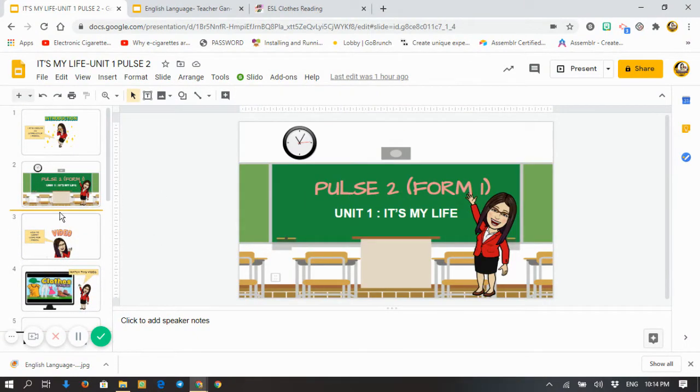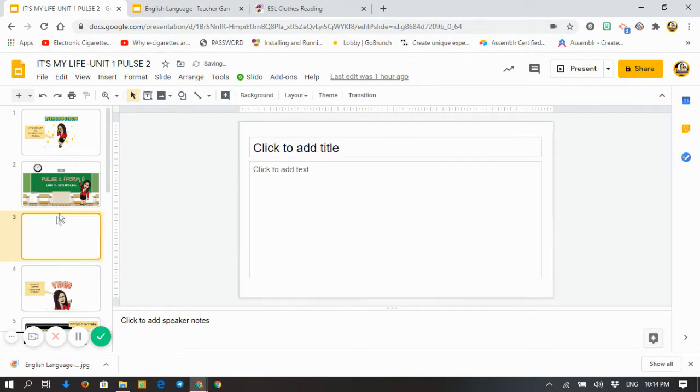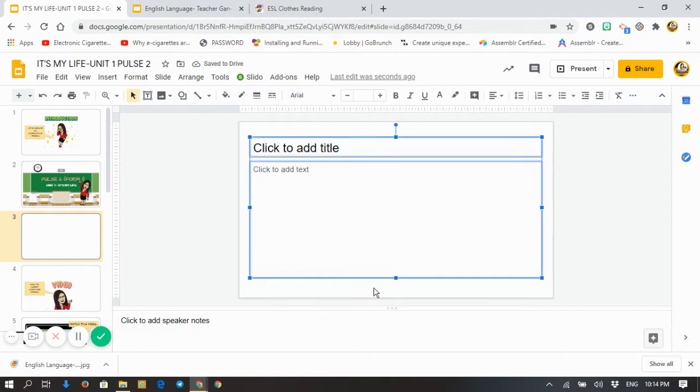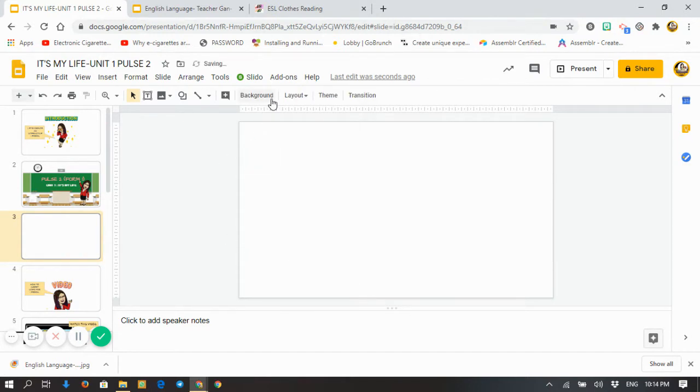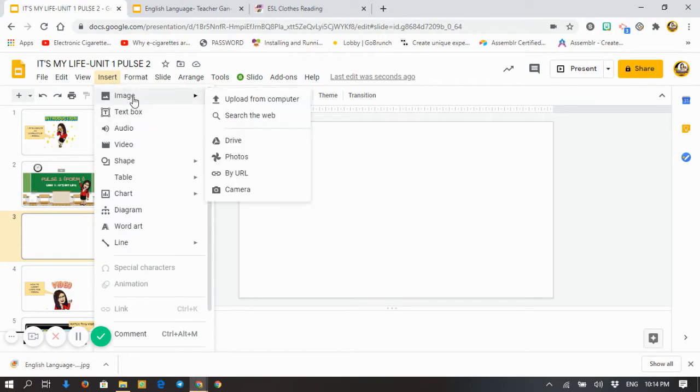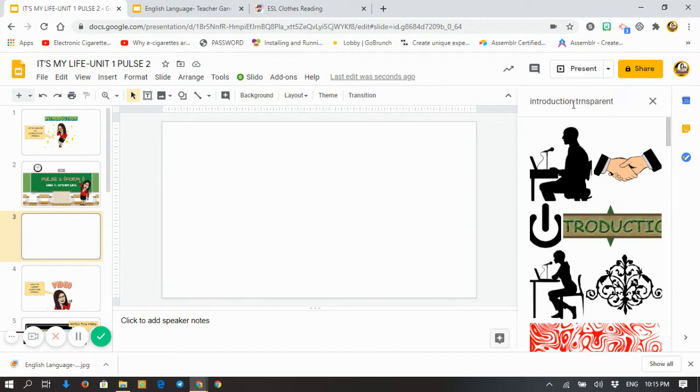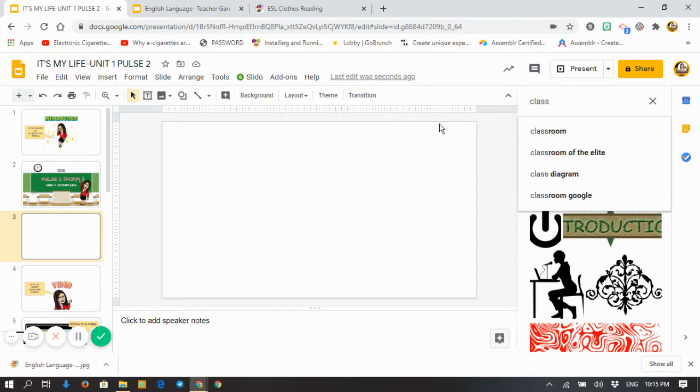Well, first of all, let me start with a new slide. On the new slide here, you can delete whatever you have, or you can keep it. Let me delete first. It's better to choose a background, because if you choose a background, it won't move. For example, let's try first. Insert image. Let's search from the web. So you want something like classroom